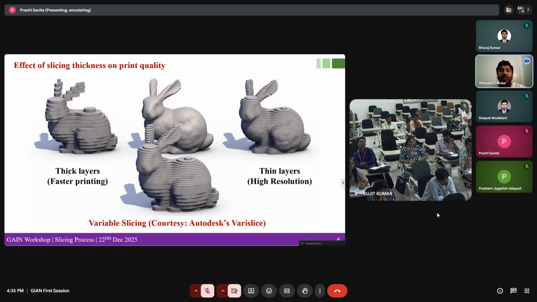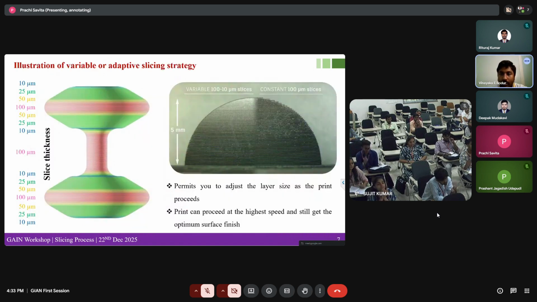As you go on doing research in this field, you'll understand how this varies, and why slicing thickness is important. Yeah, so this is one example where slicing thickness is varied and printed. As you can see there, completely